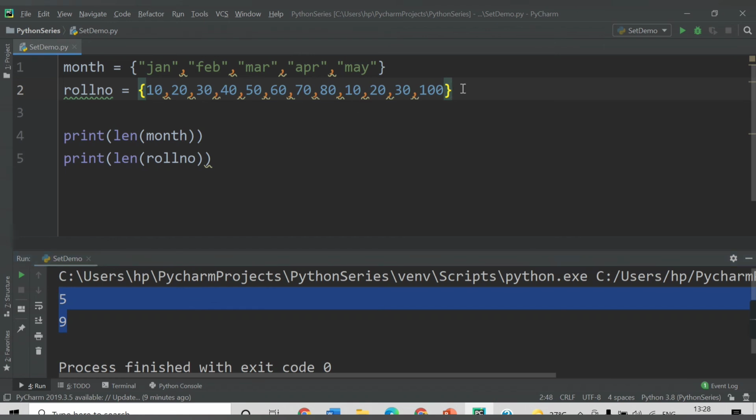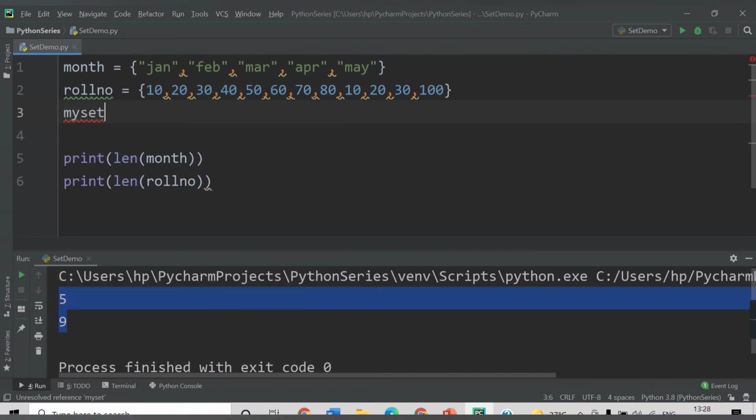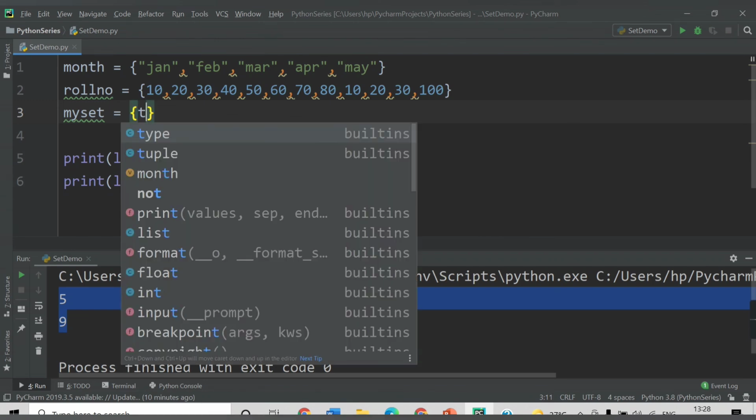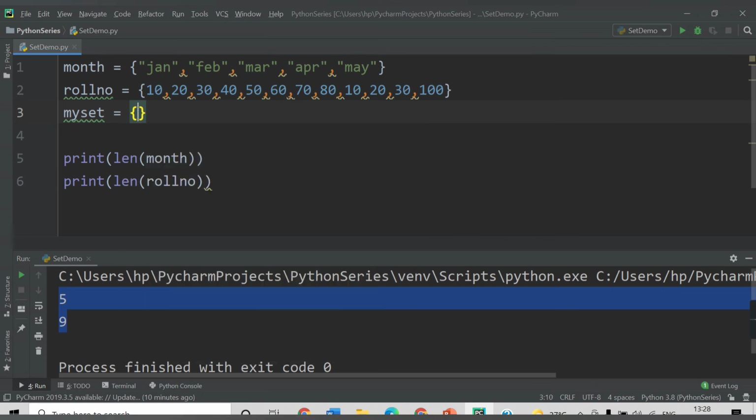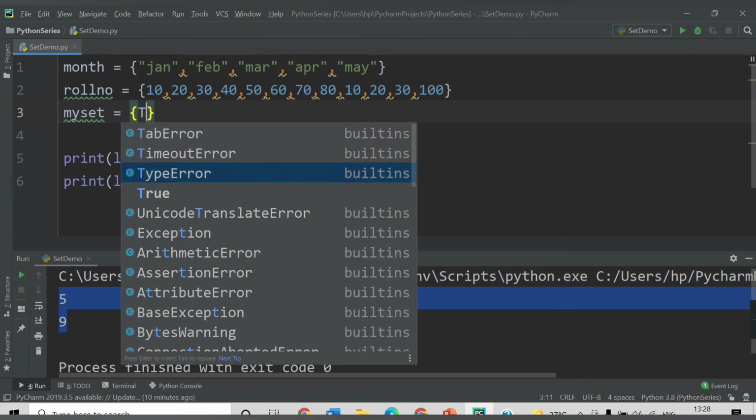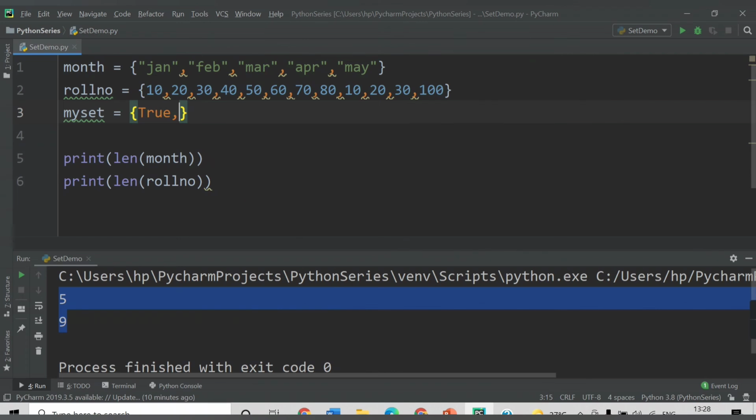Another thing we can check here is that we can also have boolean values in a set. Let's declare one more variable called mySet, and let's give boolean values here. Let's say True, True, False.